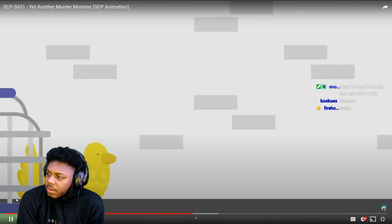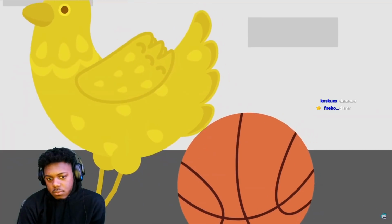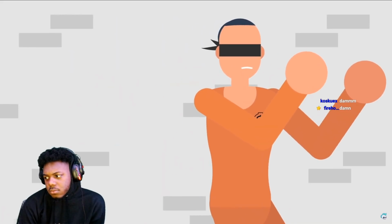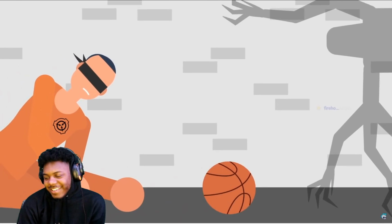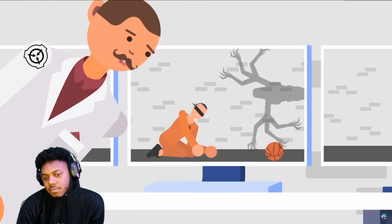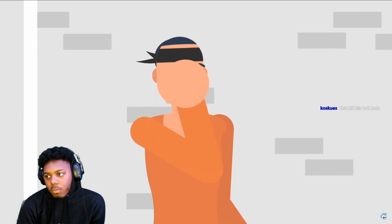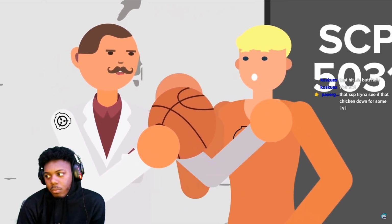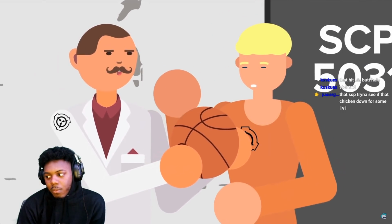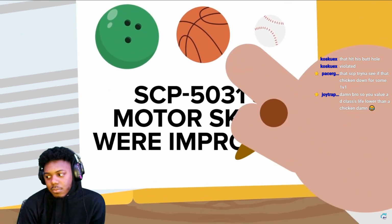When a second chicken was introduced, SCP-5031 gently rolled a basketball towards it, but ceased any further engagement after the chicken squawked from being hit by the ball. Next to be introduced into the enclosure was a blindfolded D-class staff member, who was instructed to sit down and roll the basketball towards SCP-5031. After doing so for several minutes, the creature began to approach the D-class subject, who was instructed to remove their blindfold to cease the creature's existence and prevent any potentially deadly incidents. Finally, researcher Huxtable had another Class D engage in a game of catch with SCP-5031 while facing away from the creature. This test proceeded successfully, and senior researcher Huxtable remarked how SCP-5031's